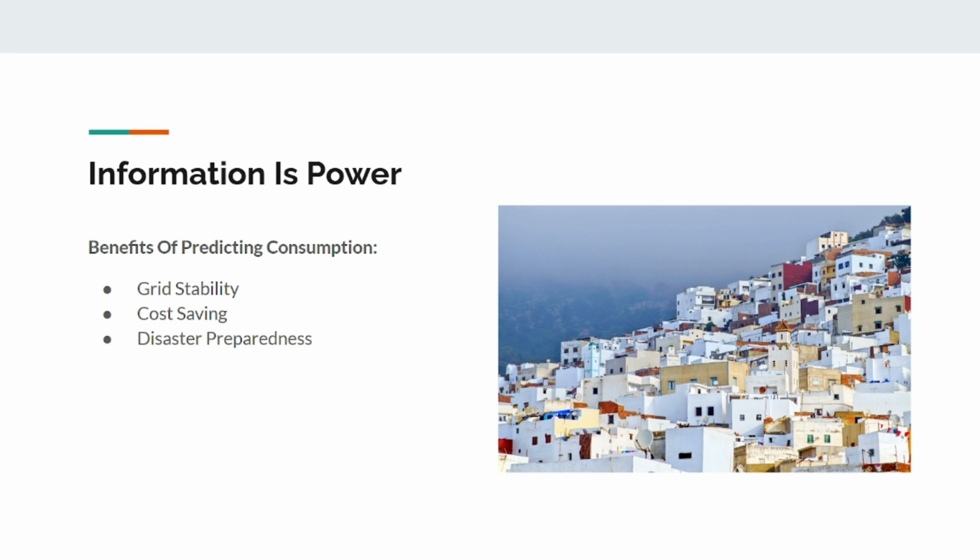So why would our model be useful? A lot of it is getting forecasting of how much energy we'll be using in the future. That's super important for things like grid stability, so there aren't outages randomly occurring. Cost savings, so you know when is the most cost efficient time to be charging. And disaster preparedness, because if there's a natural disaster, having some baseline forecasting for how much energy an area needs